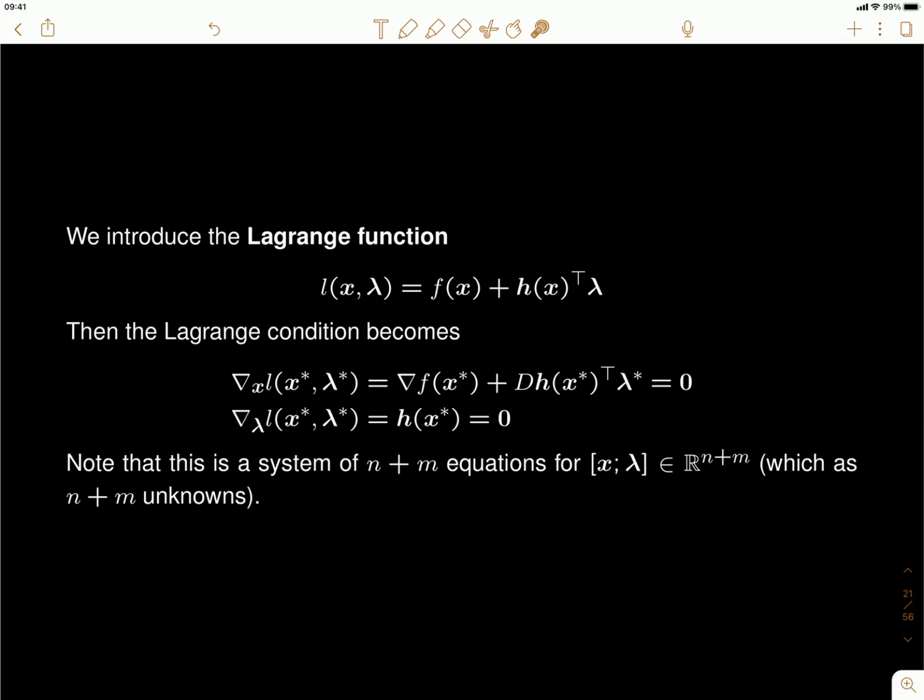Okay, so I'll continue the discussion here. There is actually an easy way to memorize what I just said here. To memorize the Lagrange condition, the easy way is to use the Lagrange function. The Lagrange function is just, look